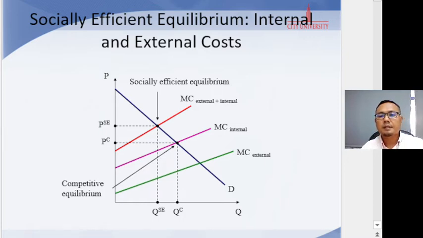So if they are allowed to dump pollution into the water for free, the market equilibrium is at the point you can see here, at QC and PC. We assume perfect competition, so where the market demand and supply curve intersect, the result is that QC units will be produced at a price of PC per unit of